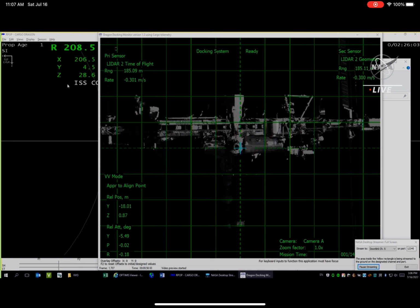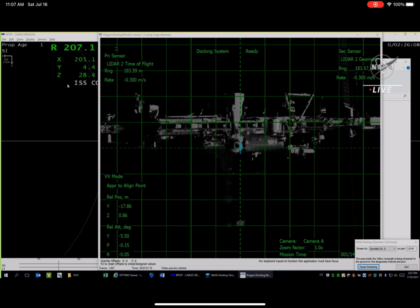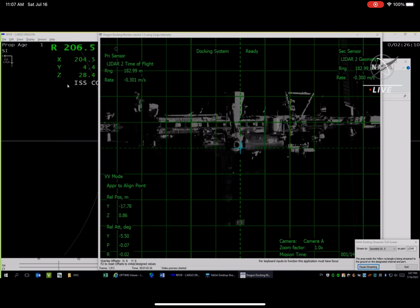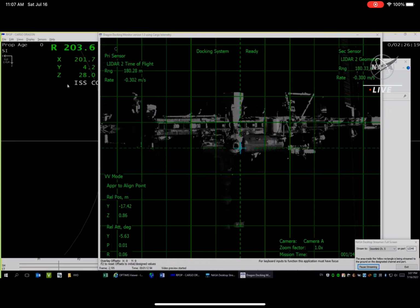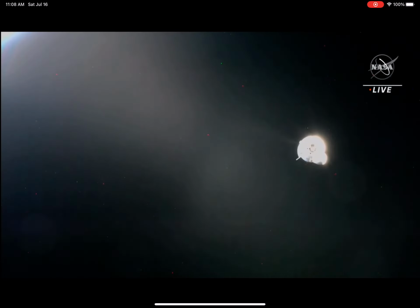Getting great video from the Dragon through that Common Communications for Visiting Vehicle, or C2V2, a connection between the Dragon vehicle and the International Space Station that's providing that linked video directly from Dragon to the International Space Station. So we're pushing in. We're a little under 180 meters at this point. Inside the Keep Out sphere,